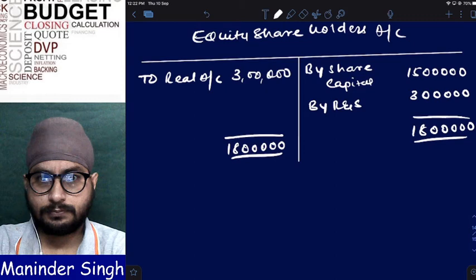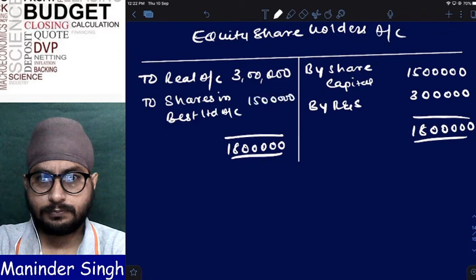Now, how much is the difference? How much amount should be paid to equity shareholders of Better Limited now? 15 lakhs. This 15 lakhs, who has to pay? Better Limited or Best Limited will pay? How is it discharging this 15 lakhs purchase consideration, in cash or shares? Simple: shares in Best Limited account. Understood?